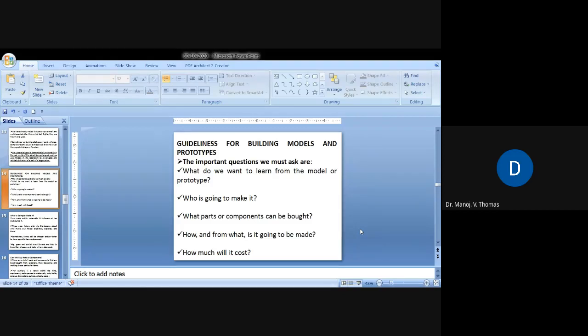Who is going to make it? Are we going to make the prototype or are we outsourcing it? What parts or components can be bought? This is more so with other disciplines, not with computer science. If you look at hardware, a lot of parts or components are involved.